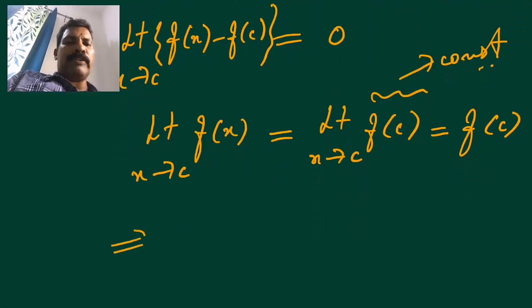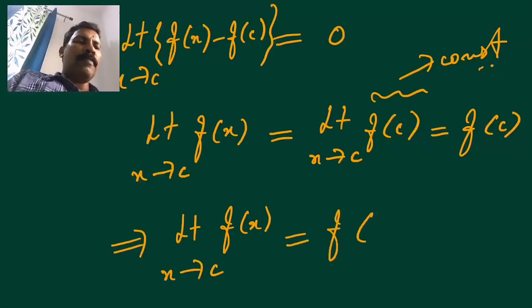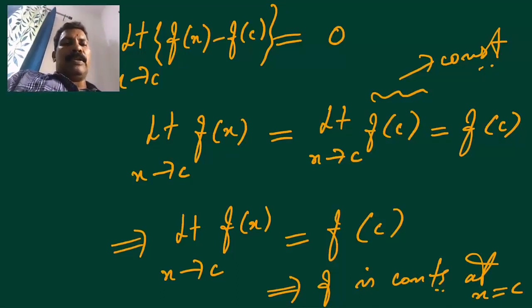That is a very interesting equation: the limit of the function as x tends to c equals the value of the function at that point, which implies that f is continuous at x equal to c. f is continuous because the value of the function equals the limit of the function as x tends to c. So thus we could prove that whenever a function is differentiable at a point c, it has to be continuous